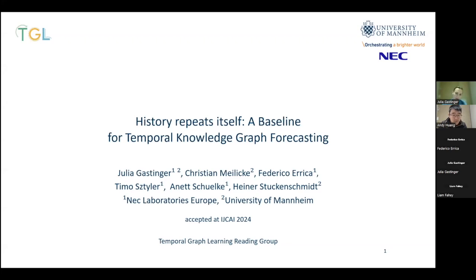Julia is a research scientist at NEC Labs Europe and a PhD student at Mannheim University, supervised by Professor Heiner Sturkenschmidt. Currently, she is doing a research internship at Mila. Her research focuses on graph-based machine learning, and she's interested in how to incorporate the time aspect in knowledge graph representations. And prior to joining NEC Labs,